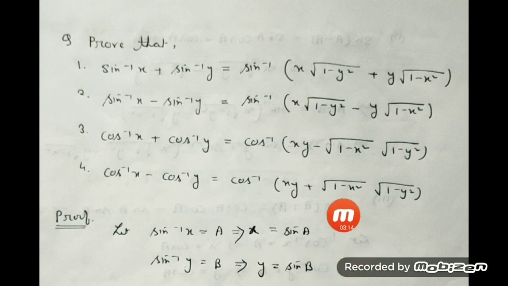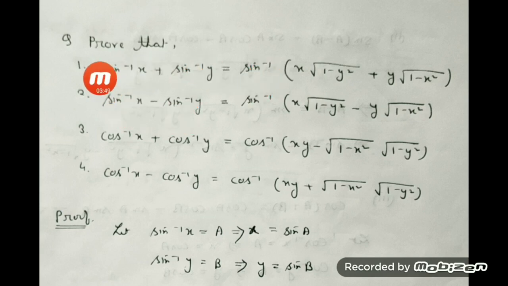Now I go to the first question. This naming is very important, so try to listen carefully. I have named this function as a and this as b. That means your left hand side becomes a plus b. Now the right hand side needs sine inverse. Forget about these variables; they will come directly. Since sine inverse is required, I bring this sine to the left side. Initially we have a plus b, and this becomes sine of a plus b.